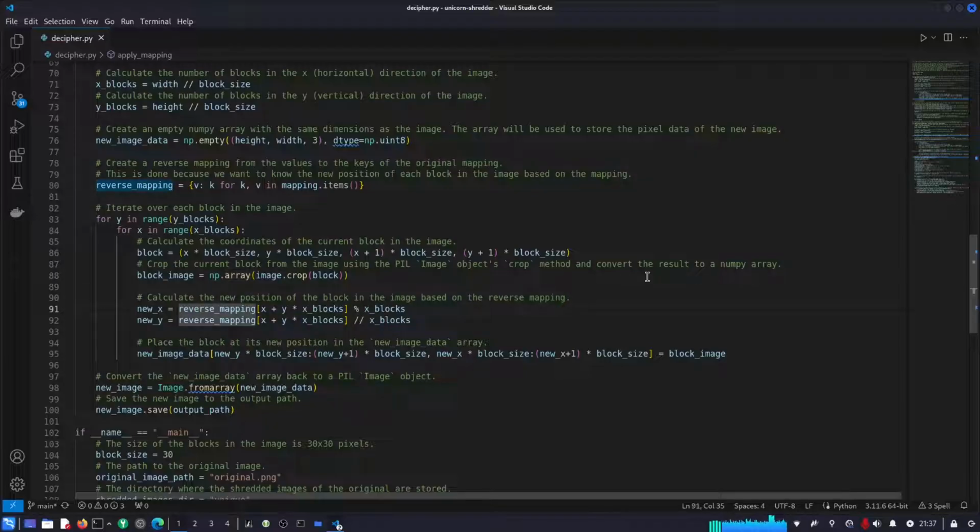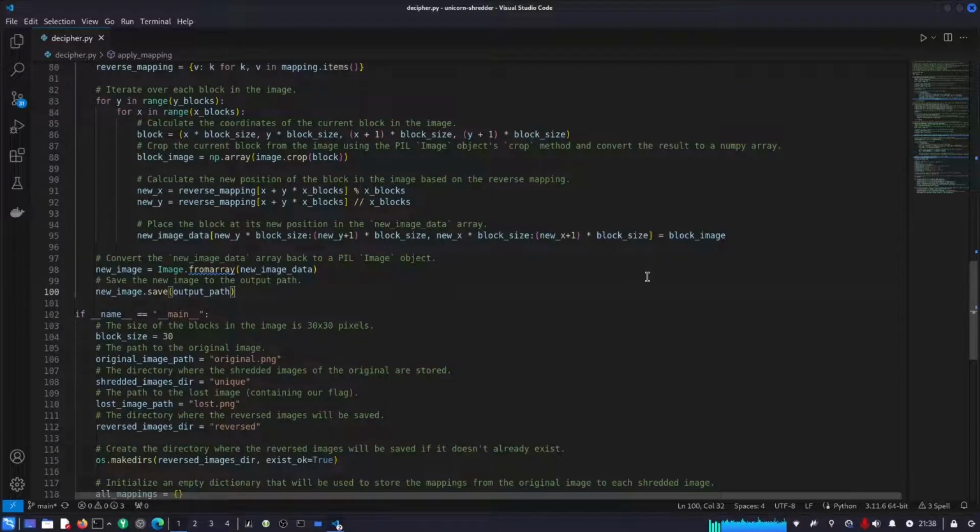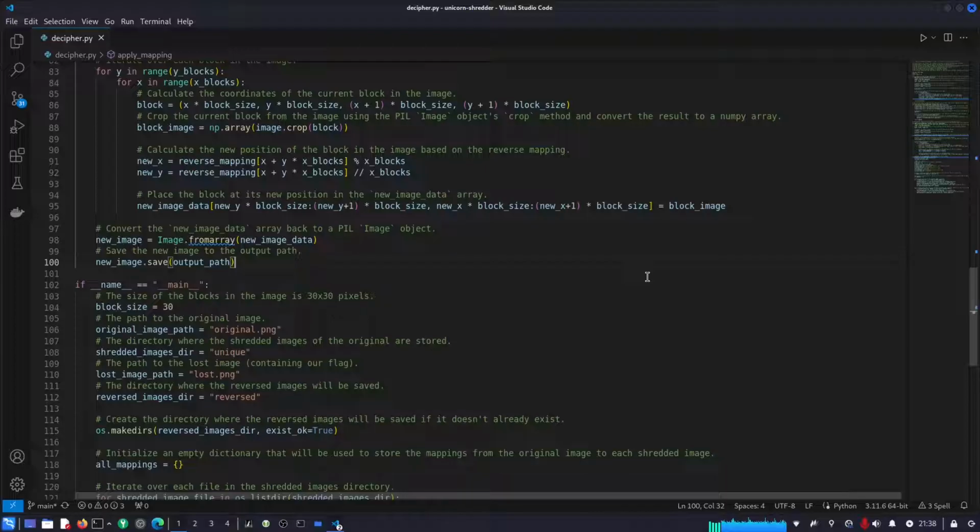We calculate the new position of the block in the image based on the reverse mapping. And then we place the block at its new position in the new image data array. Finally, we convert the new image data array back to a PIL image object and save the new image to the output path. So this is the complete script, and this should be able to reverse the shredded image in